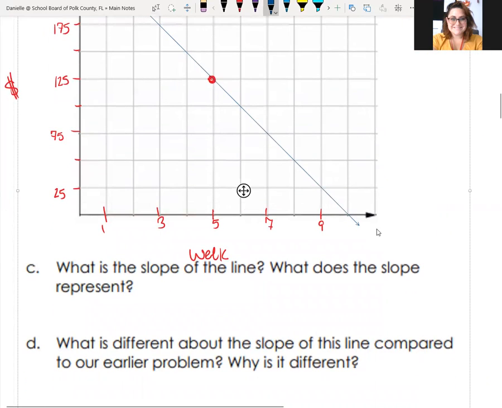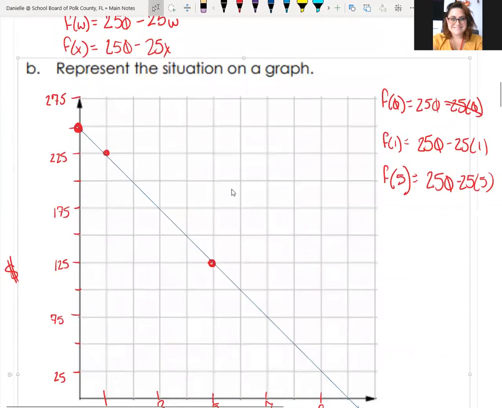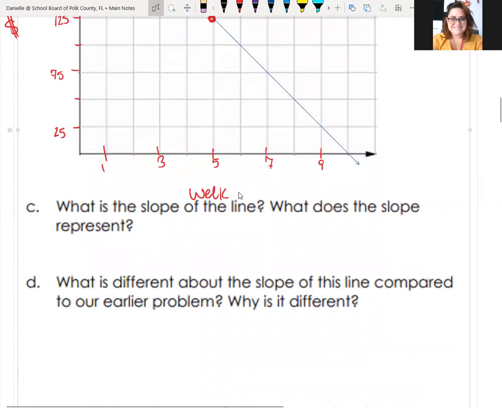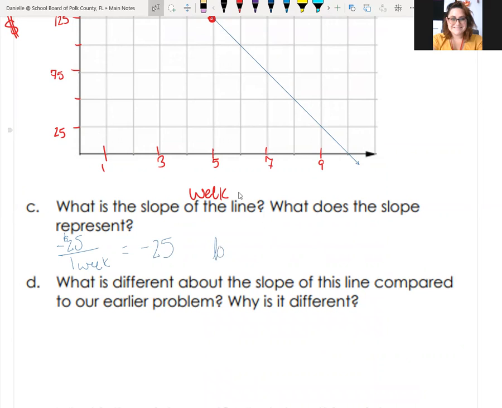So the slope of the line is over 1 week and down 25. So it's going to be minus $25 per 1 week, or the slope is going to be minus 25, which means we lose $25 a week. We could also say spend